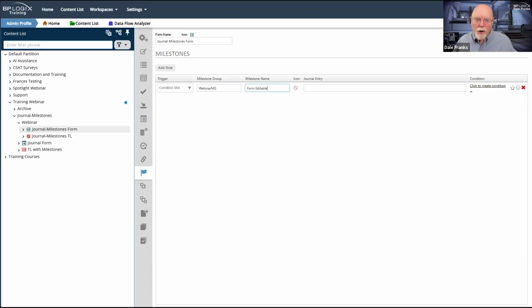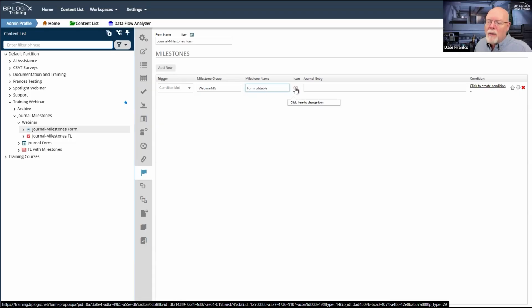Now, think about what we're doing. We are making a new event, a new milestone that doesn't actually exist in the form. Now, we are going to set the form field to be editable if I remember to do that. I'm not sure how important it is in terms of talking about how the milestones work. But this event doesn't exist on the form. This form editable is something new and it is only going to fire when the condition I'm going to set will be set to true. So essentially, whenever someone makes the form editable.